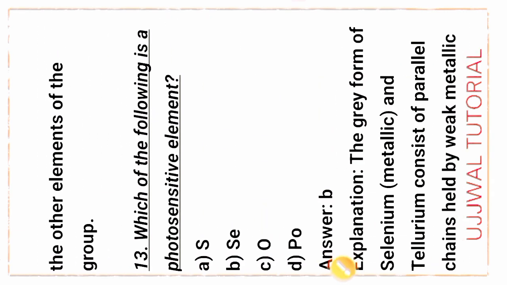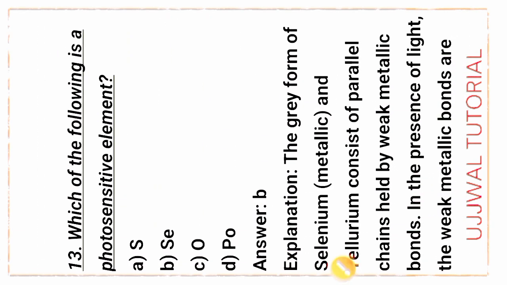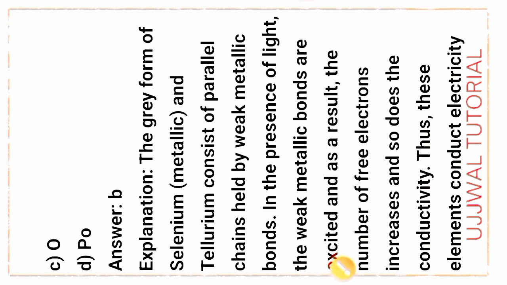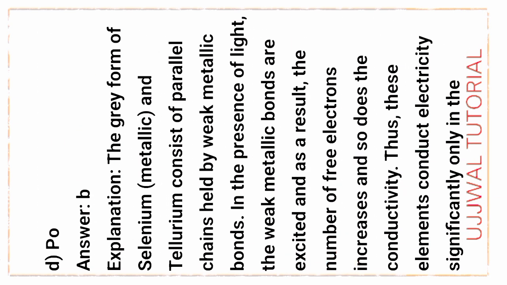Next question, question number 13. Which of the following is a photoconductive element in group 16? Option B, selenium, Se. To explain this part, the gray form of selenium, metallic, and tellurium consist of parallel chains held by weak metallic bonds. In the presence of light,